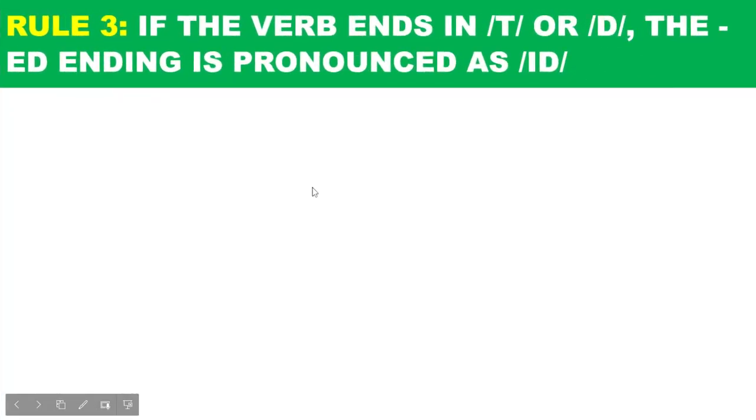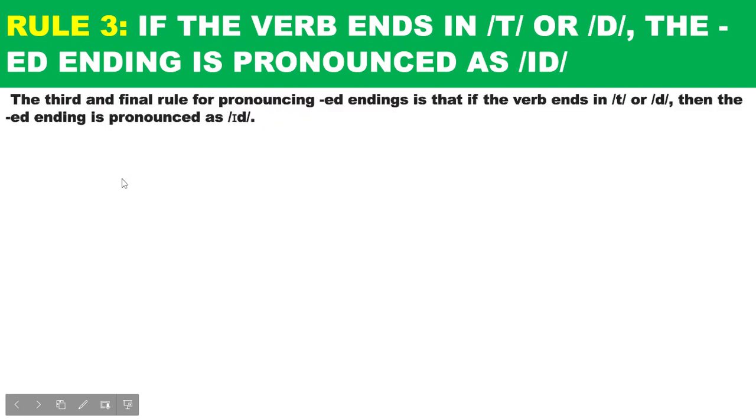Rule number 3: if the verb ends in T or D, the ending is pronounced as id, that is id. Okay, now let's look at examples. Now don't forget that if the verb ends in T or D, then the ed ending is pronounced as id. Examples: